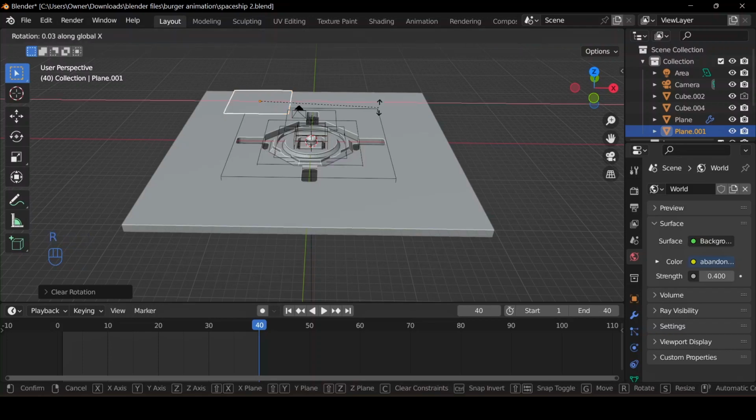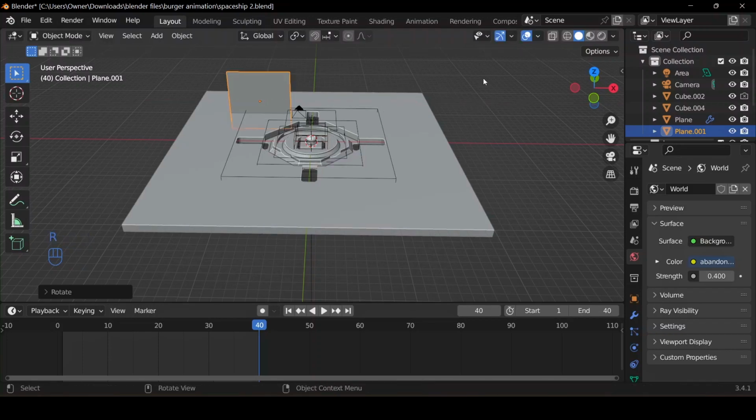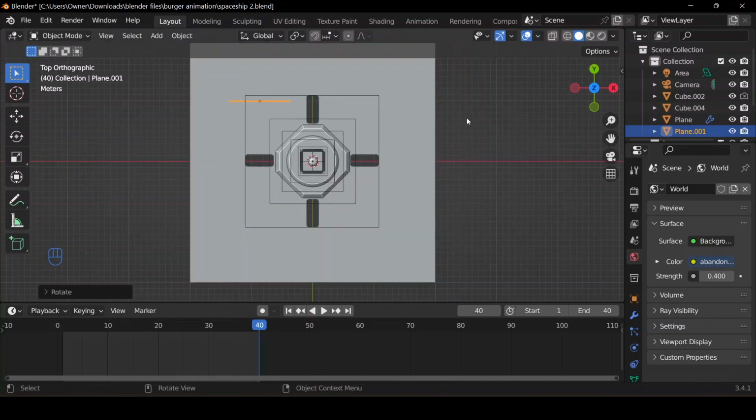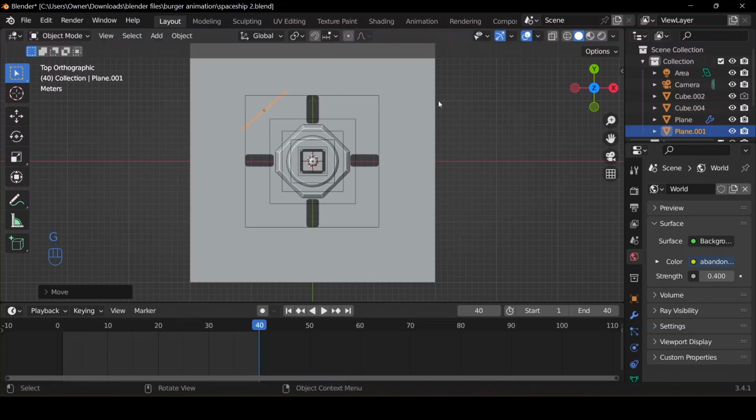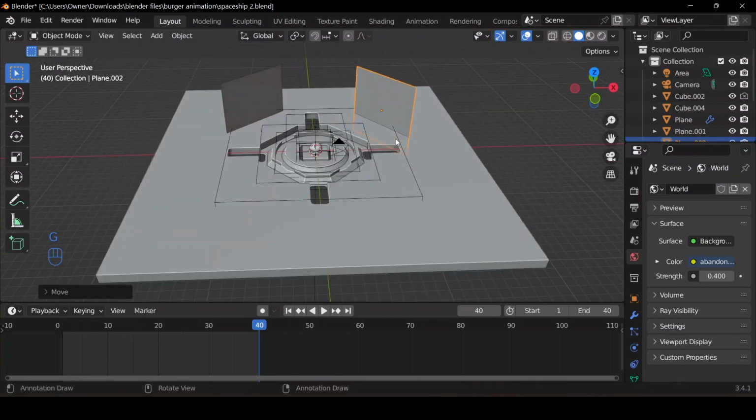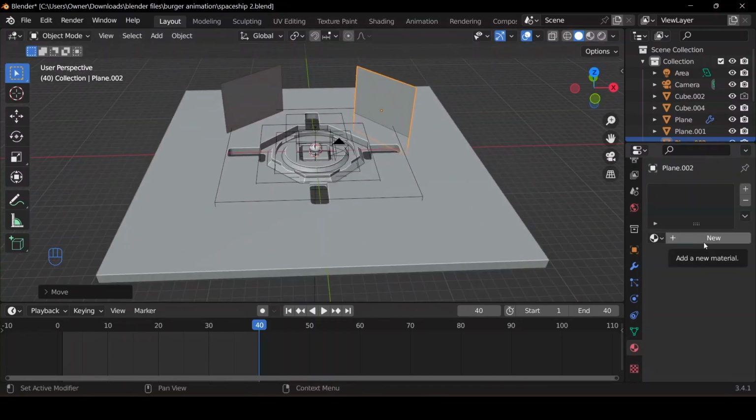So let's press RX, let's just do like 90. Then yeah, something like this is cool. Then you can just rotate it like this. Yeah, that's much better than the first one. Then you can press Shift D to duplicate, then press R again to just rotate it and bring it somewhere around here. Now for the material for this one, what we'll do is just come to your materials panel,